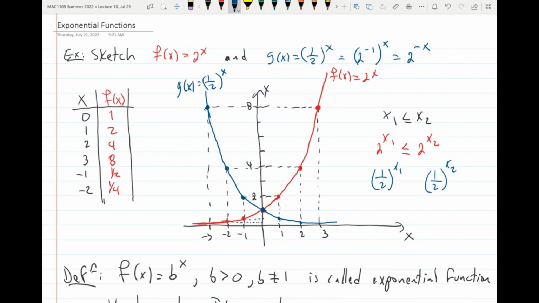The bigger the input, the smaller the output, because your graph is going down. You understand this? So what's going to happen to the inequality here? It's going to flip, because x2 is bigger, therefore this number now is smaller. Do you understand this? So whenever you want to figure out whether,